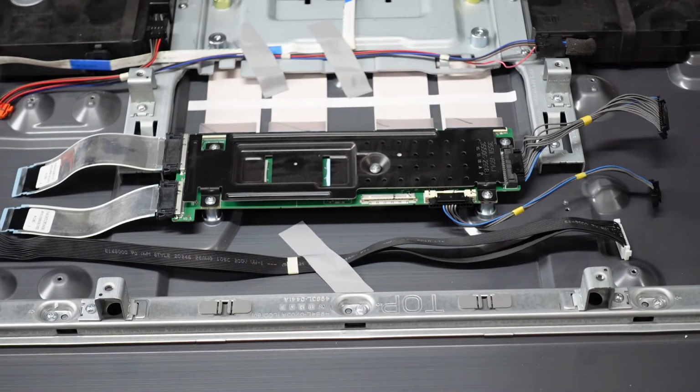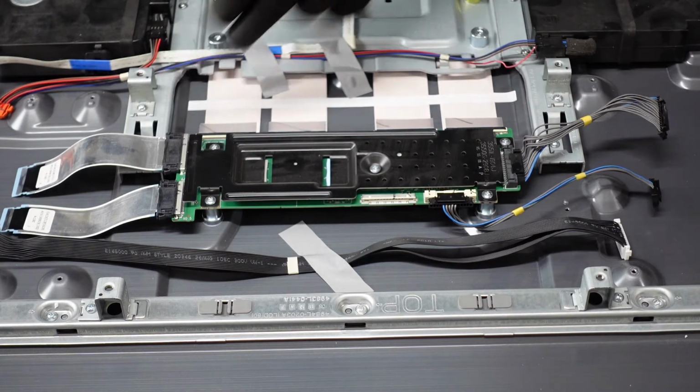If you are seeing lines on your television screen that are going from top to bottom, that is vertical, then most likely there is going to be an issue in either the TCON board or the main board. We're going to have a short video here highlighting exactly how to get the TCON board out of your unit first. The first step for the TCON board is going to get these clips and cables away from the TCON